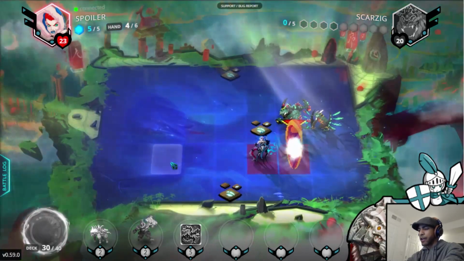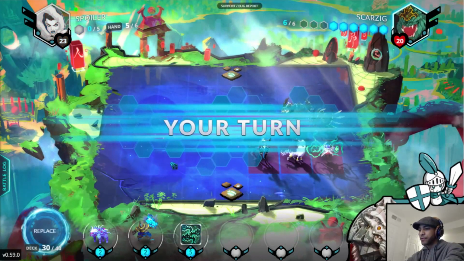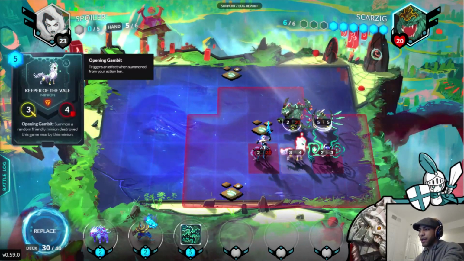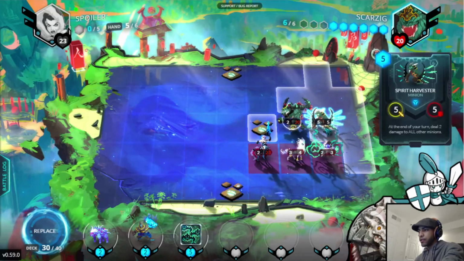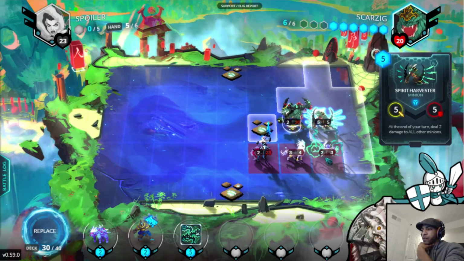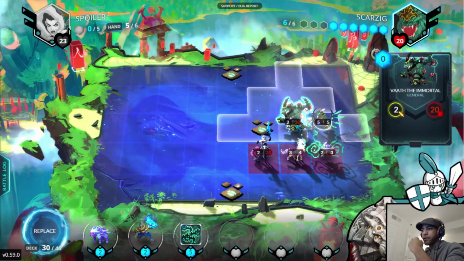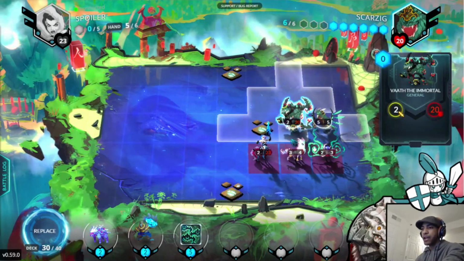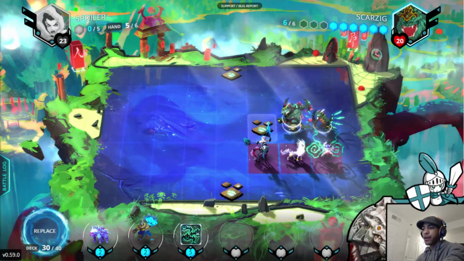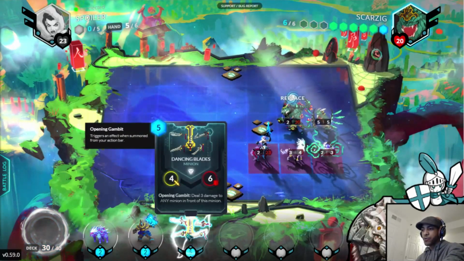Keeper of the Veil has a chance to bring back something lame. Okay, don't care about those at all. I think the proper play here is to have the Spirit Harvester attack the Healing Mystic so it stays somewhat healthy. And then I just take more damage from the Keeper of the Veil so the Spirit Harvester can finish it off. I think we're going to also swap out...